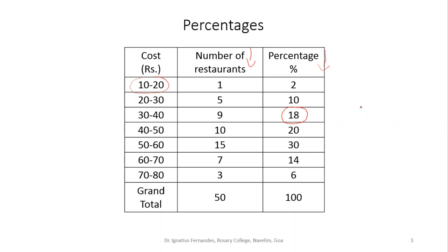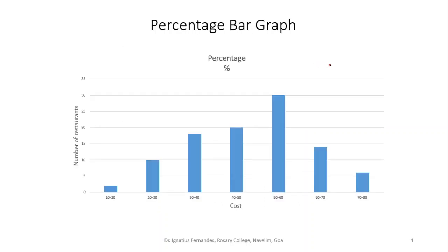Now in this case the benefit of using percentage may not be very clear, but in case you are talking about a frequency distribution table wherein the frequencies are very high or the variable itself takes very large values, in that case this percentage becomes very handy. So looking at percentage itself as your frequencies, you can draw various graphs by using those percentage values. So this is an example of a percentage bar graph.